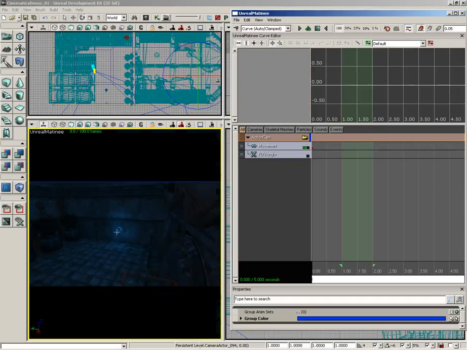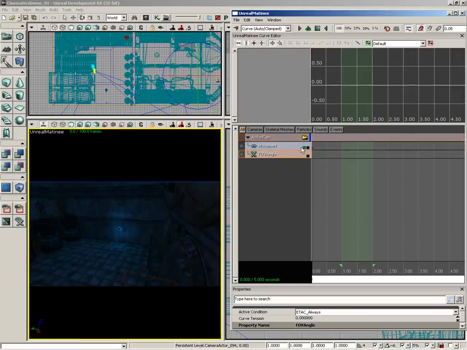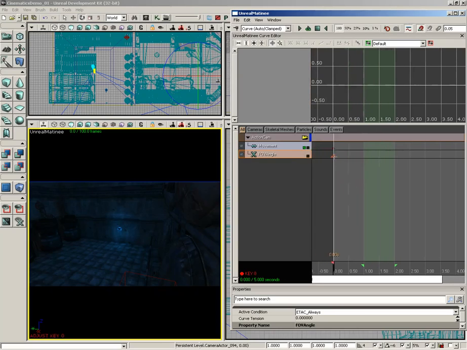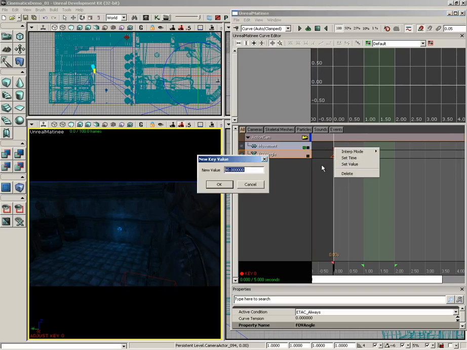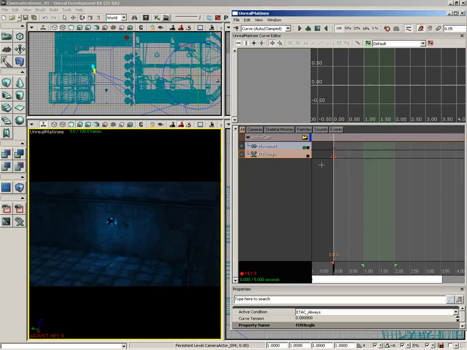Now, obviously, we're zoomed back pretty far away from that switch, so the very first thing I'd like to do is zoom us in. And to do that, we need to place a keyframe on our FOV angle, which is currently unanimated. There's no keys on it whatsoever. Now, the animation workflow inside of Matinee is you place a keyframe first, and then you adjust the value of that keyframe. So the first thing I'm going to do is, here with my FOV angle track selected, I'm going to press Enter, and you can see that drops a keyframe, little orange triangle there. I'm going to right-click on it and set its value down to 45 degrees,